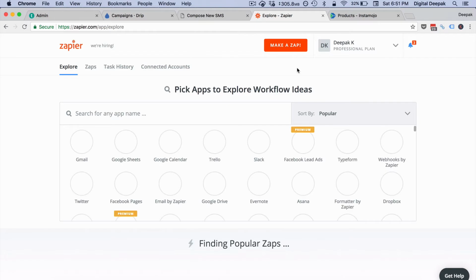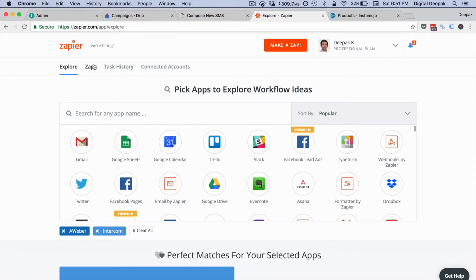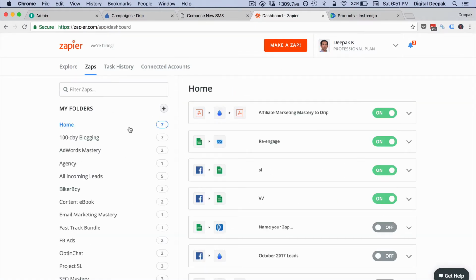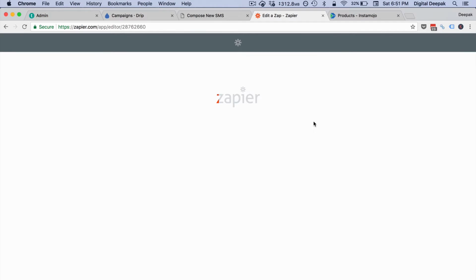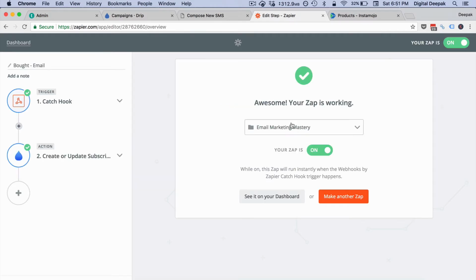In Zapier previously we had set up a Zap for new purchase of the email marketing course. So I am going to this email marketing mastery folder. Here we have set up an automation where we are capturing the data via webhooks whenever a sale happens at Instamojo, and we are sending it to Drip. What I could do now is go ahead and add another step in this entire Zap. So I will click on add,